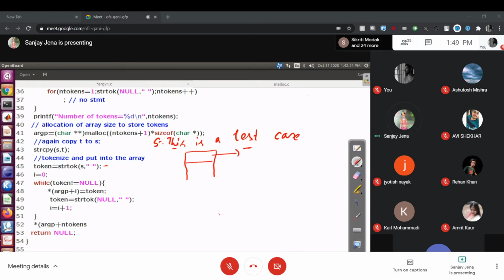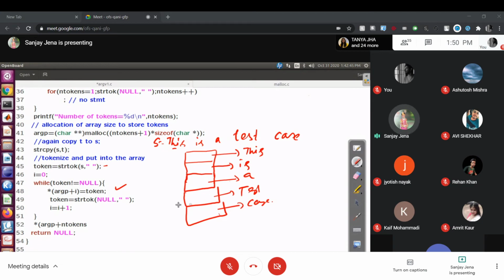Now increment by 1, the address is incremented. The value at that address is another token, again incremented, a; again incremented, test; again incremented, case. Further increment has no meaning because we already reached null.